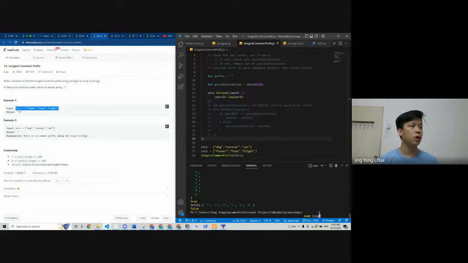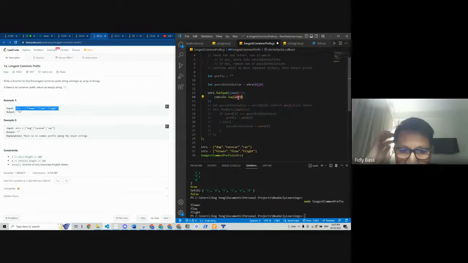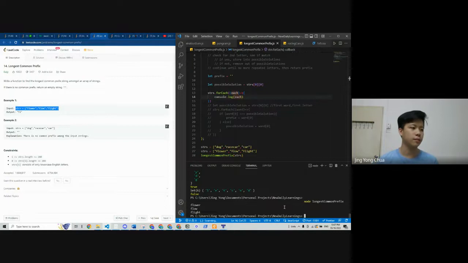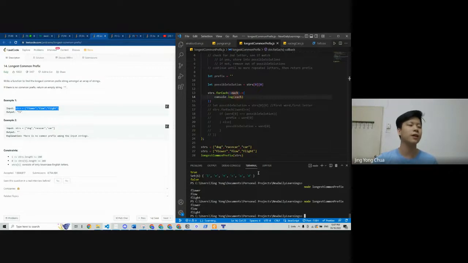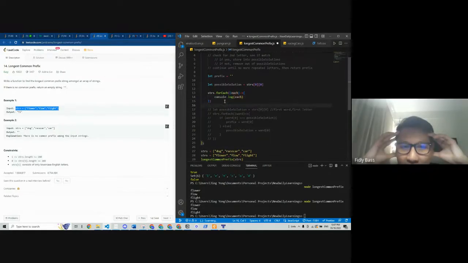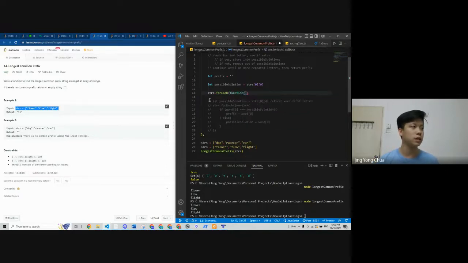Okay, so for example, let me run it and see. So node longest common prefix. Okay, flower flow flight, it will show everything. If I change this to E, same thing also. Oh, this is another for function actually. We can do that because of this arrow function, right? Arrow function is a shortcut actually, because usually what you do is this.